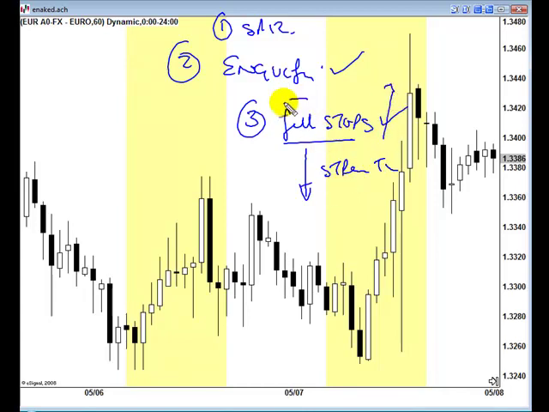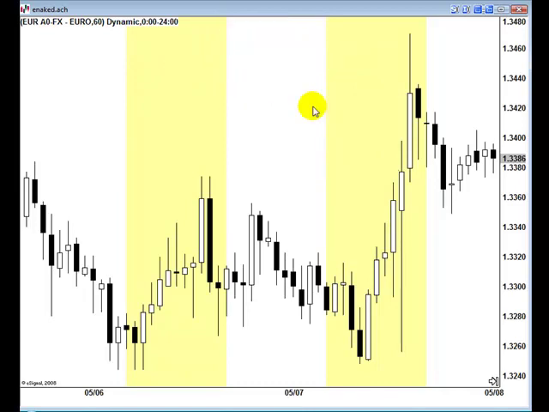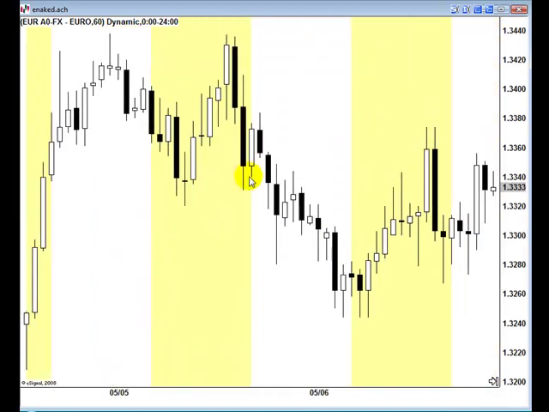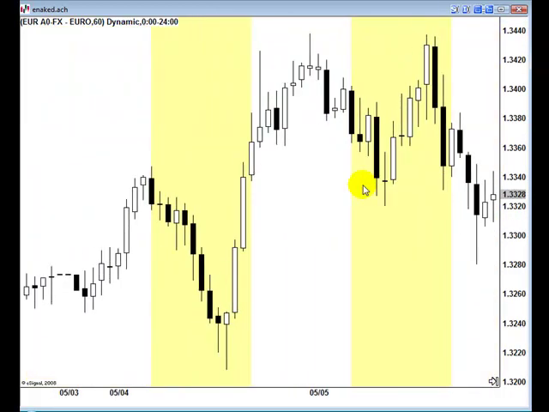And we're looking for a very small, very tiny candle that takes place at the end of a long trend. Now, when I say tiny, what I'm going to suggest is that you look back over, let's say, 10 to even up to 30 candles, let's say 10 to 20 candles. And you want your full stop candle to be smaller in size than most of the candles in that